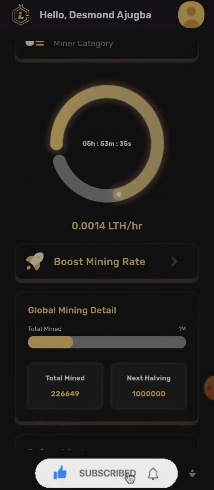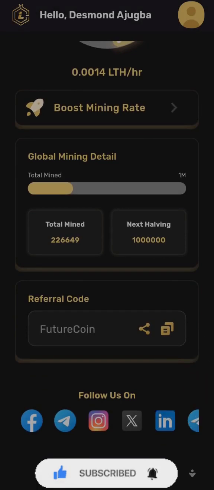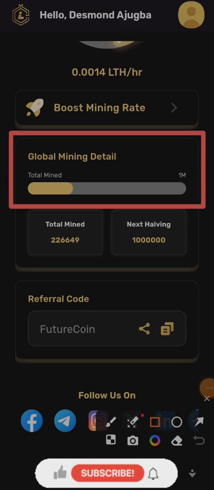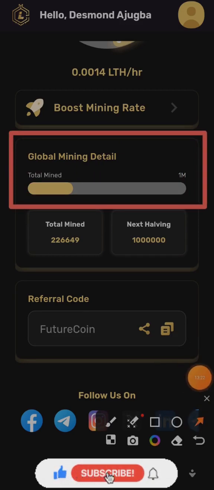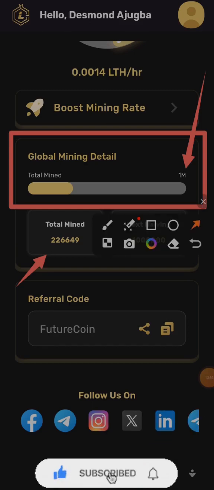Now when we come to the home page, if we scroll further, we also have some information here. Now here we have global mining dictates. Now the total of this coin which is mined is currently 1 million. So it's a new project. So the total persons mining this coin currently is 226,649. So I would rather advise you to register on time and earn as much of this coin before it